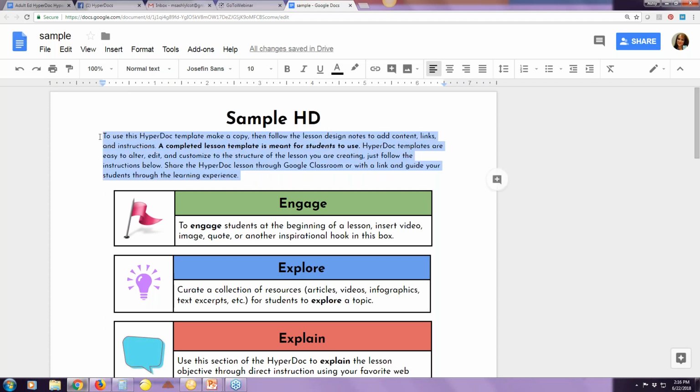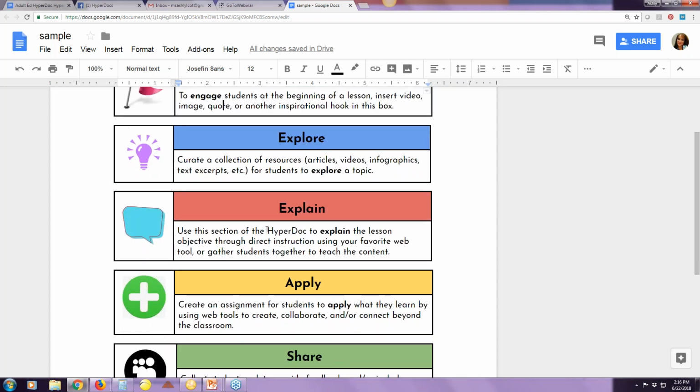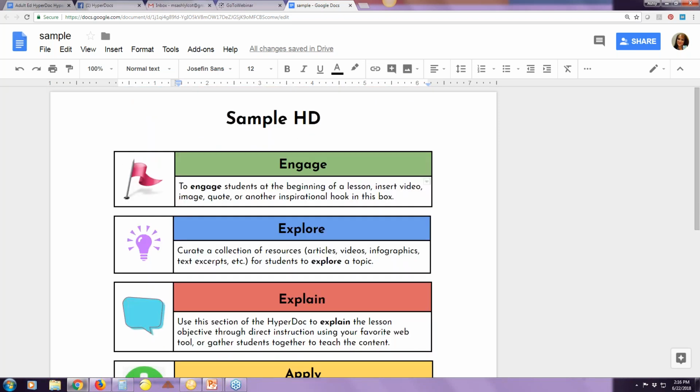I usually just delete all of this off of there, but you're welcome to add additional directions, especially if it's a new group of students. And then from there, you'll see that we have the Engage, Explore, Explain, Apply, Share, Reflect, and Extend sections. And you walk through each thing. So if I want to engage my students with, let's say, a video,